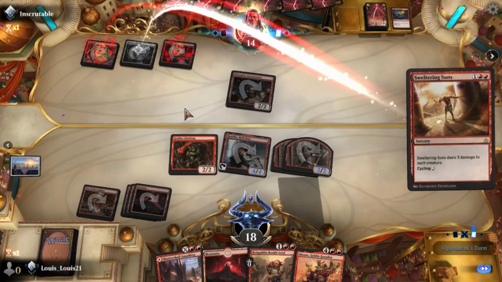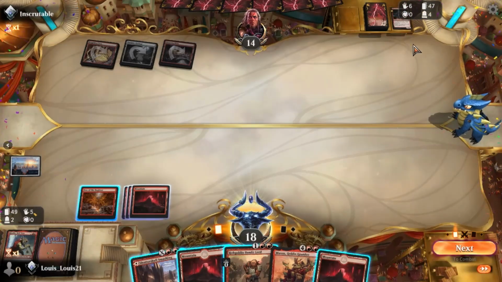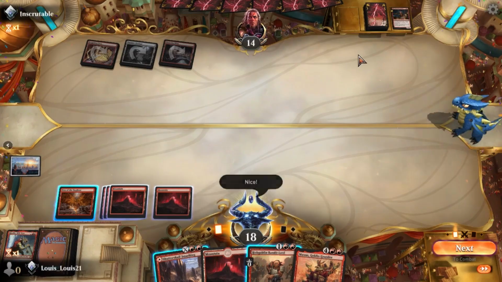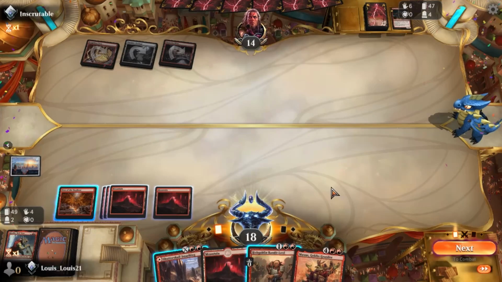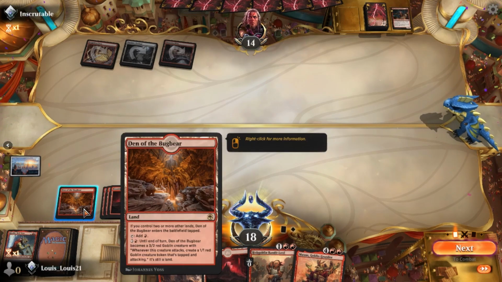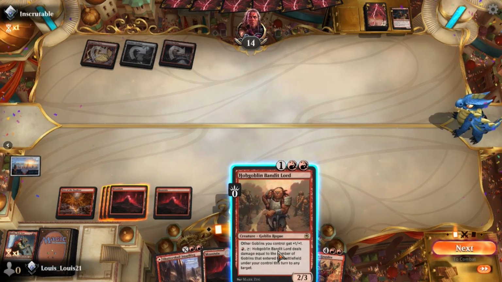Oh, 3 damage to all creatures. That was Sweltering Suns. So yeah, board wipes are very effective against goblins. They're bad for you if you're playing them, so you just lost Krenko and all your tokens. You're about to win the next turn effectively, but